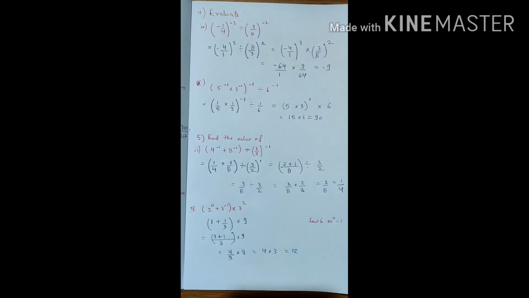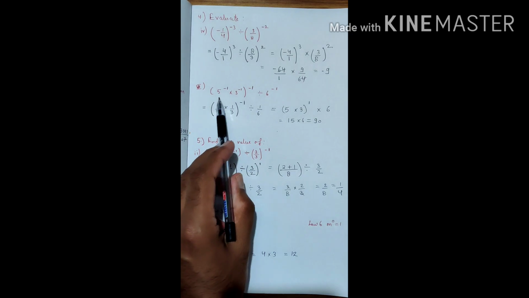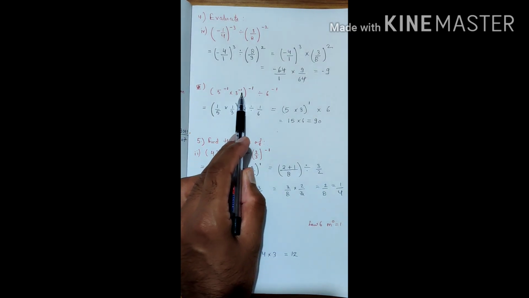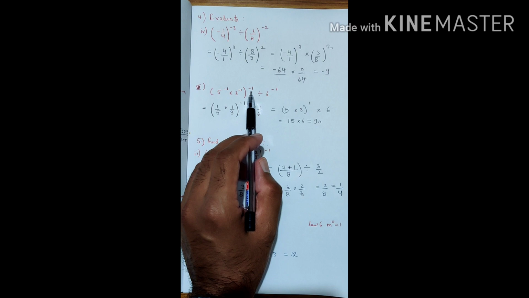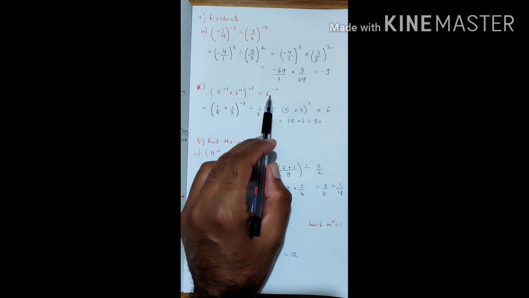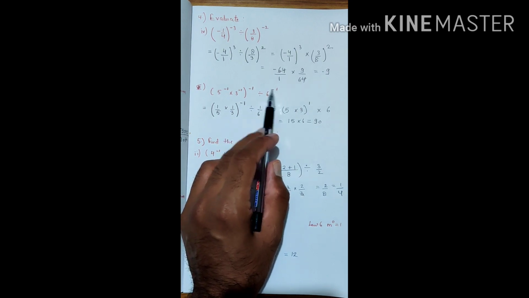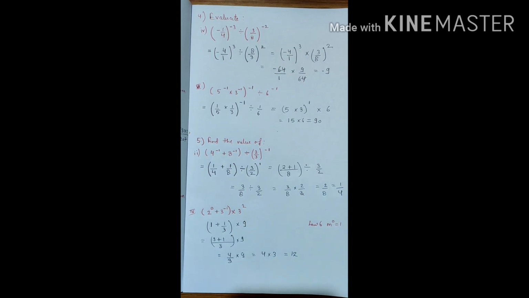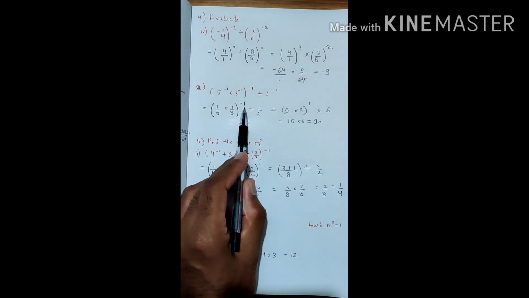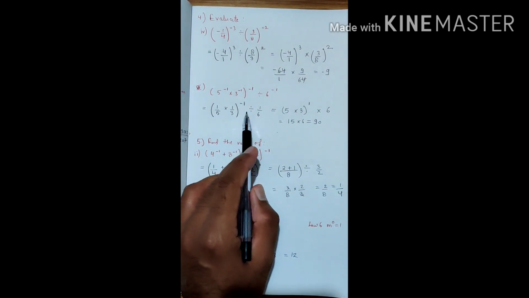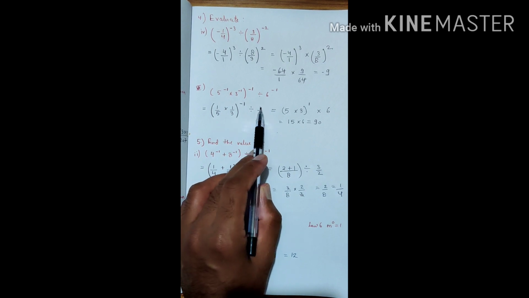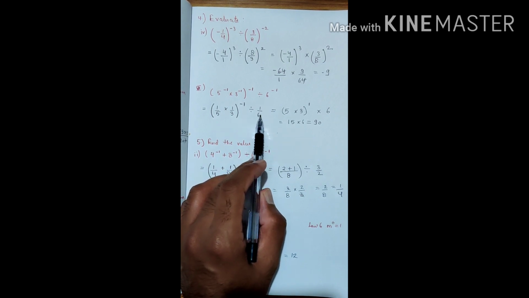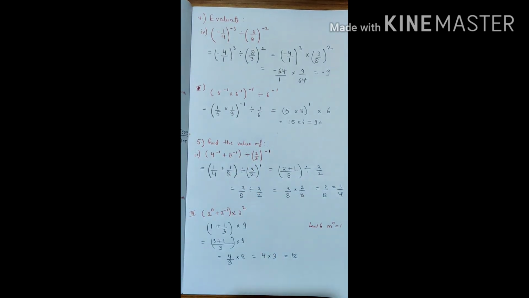Now let us see the sixth part of this. It says 5 raised to the power of 1 into 3 raised to the power of minus 1, and outside the bracket we have power as minus 1, then we have a division sign, and 6 raised to the power of minus 1. Again, first we'll eliminate the negative power, and for that we'll reciprocal this. 1 by 5 into 1 by 3, and the 1 is outside our bracket, so it will remain like this only. Again this will change because we have to make our power positive over here, so we reciprocal over here.